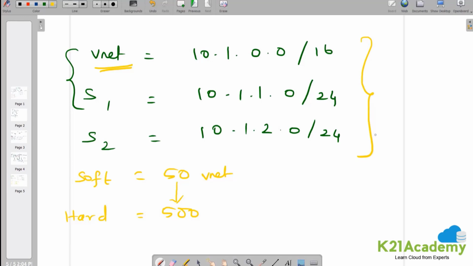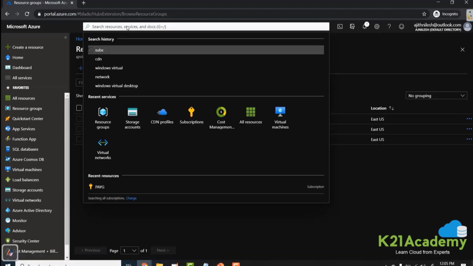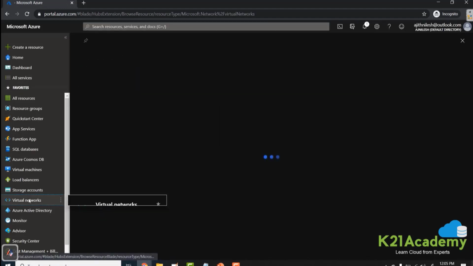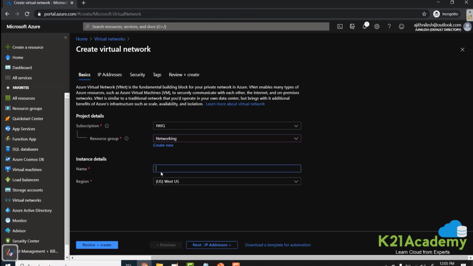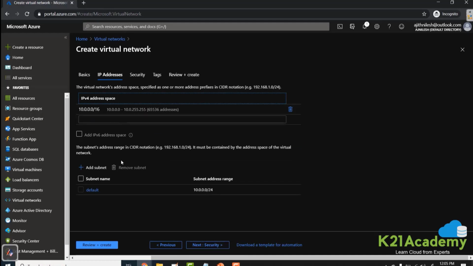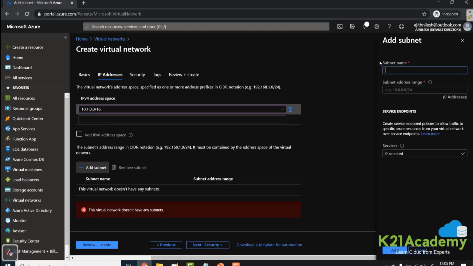Now let's go back to the portal and try the same thing. I already have a resource group called networking. You can type in virtual network on top, or you can also choose from the left hand side. I'll add a virtual network. I'll use the same resource group and name it VNet 1. I'll create it in West US. The next is the IP address, and by default Azure gives the IP address. You are free to change it. Here we are going to use the 10.1 series, and without one subnet we cannot add the VNet. And the subnet is 10.1, which is already fixed for the VNet,